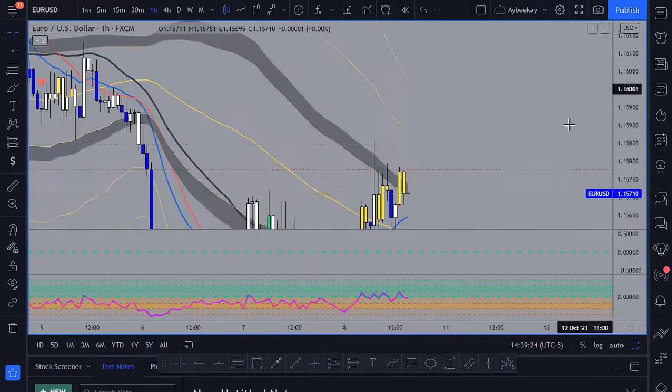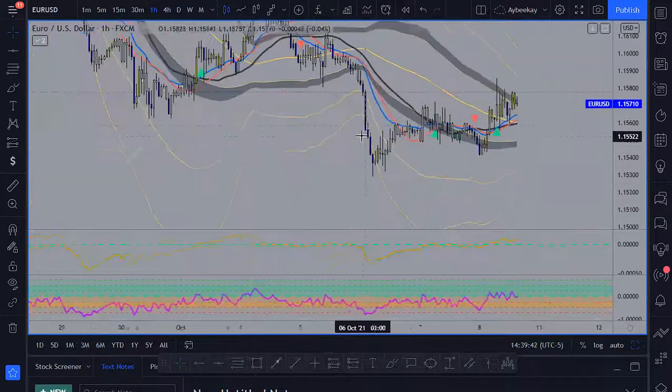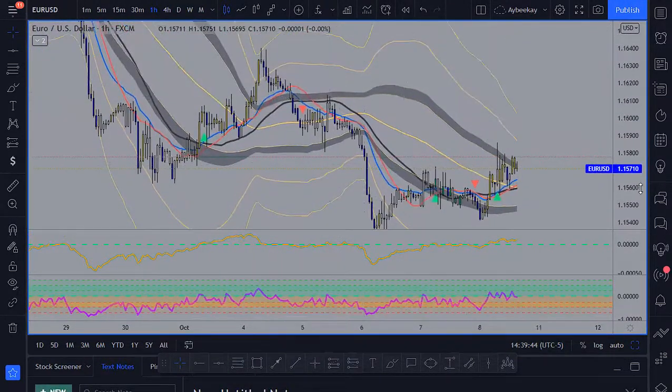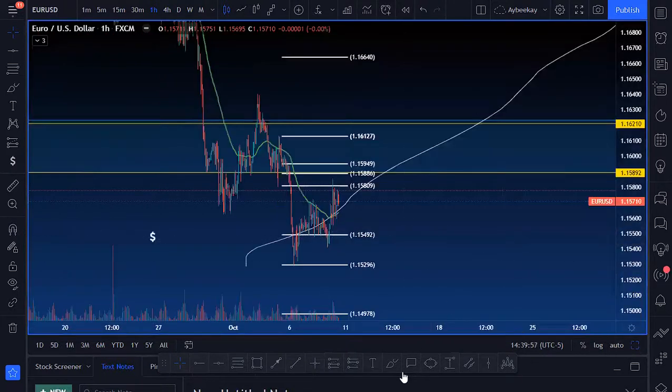I got out of that trade, but with Euro USD, for me personally, I would not want to buy it right now, but I also wouldn't want to try to get into any type of sells either, because it's too low, and price could literally just do some manipulation to the downside, but then break out to the upside, retest, and then continue upside. I don't want to try to get into anything like that, so I'm just going to be patient on Euro USD.